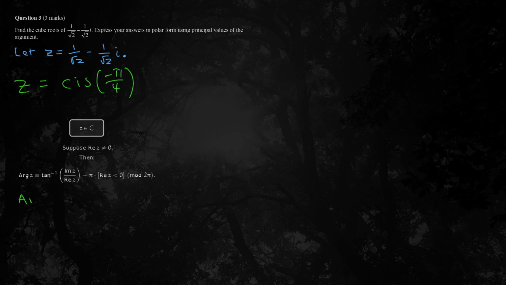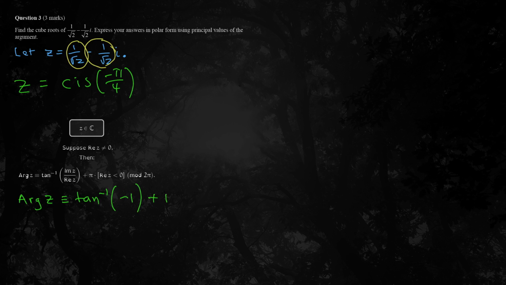So we write arg of z is congruent to inverse tan of, now it's the imaginary part on top and the real part on the bottom. So obviously, if I have negative 1 over root 2 here and 1 over root 2 here, well, that really simplifies. It's really just negative 1 in here. So I just put that straight in. Negative 1